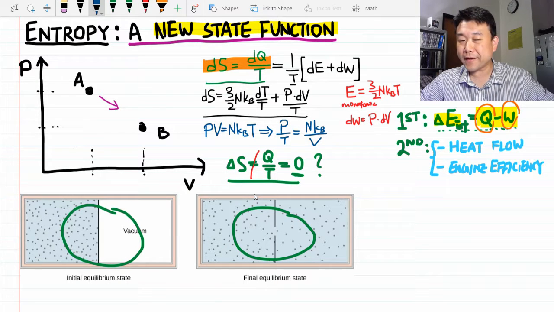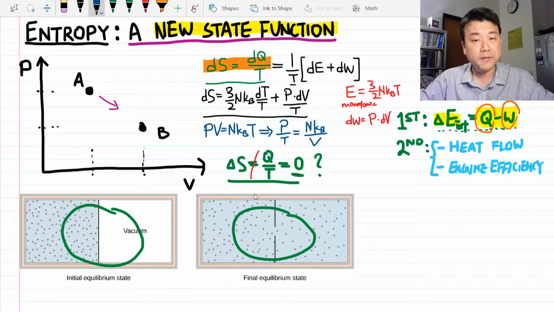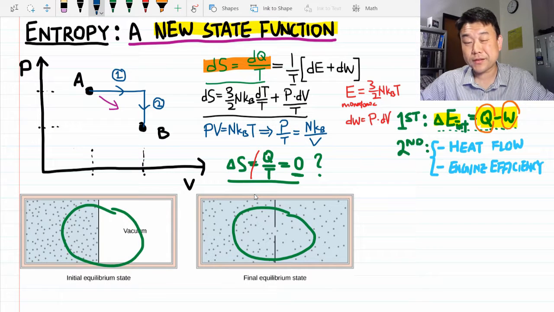Well, we can use the fact that we think this entropy thing is a state function, which means the actual path you take shouldn't make a difference. Now here there was no path to take, so let me just draw a path, which is not going to be the free expansion process that took place, but a path that I'm using purely for calculation. Let's say we have an isobaric expansion followed by isochoric cooling. Because these are both the steps I have taken in the earlier calculation in part 1, I can just look up the result and change the variables. Okay, let me do that.